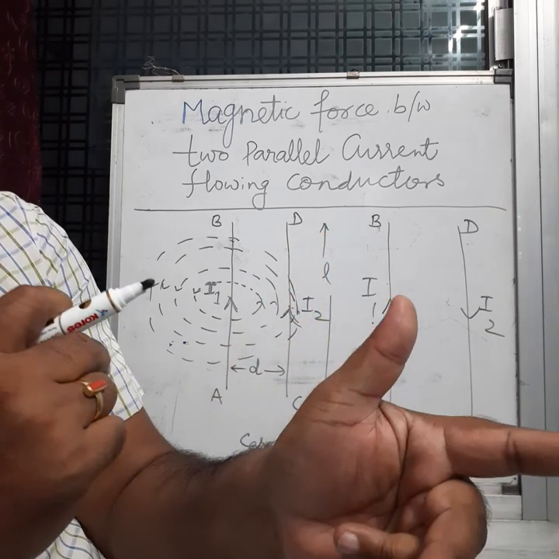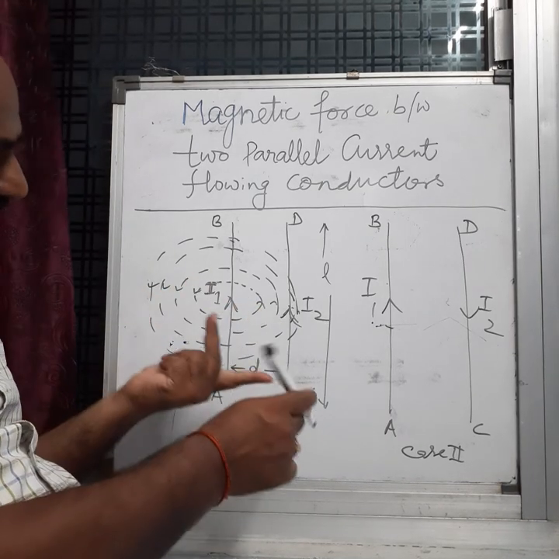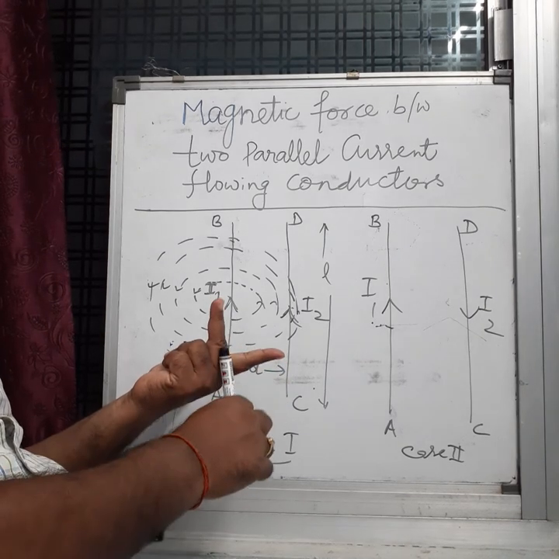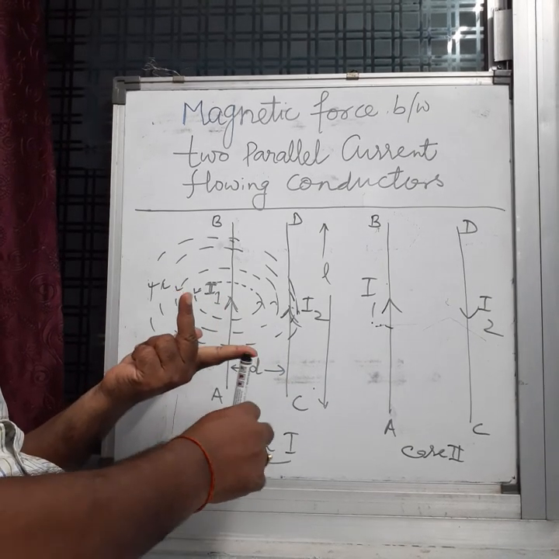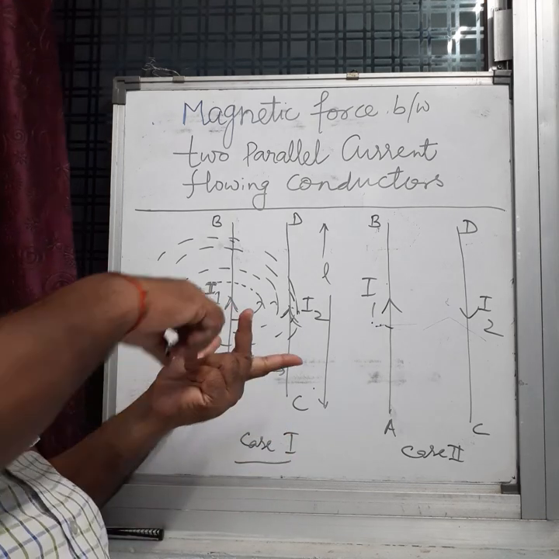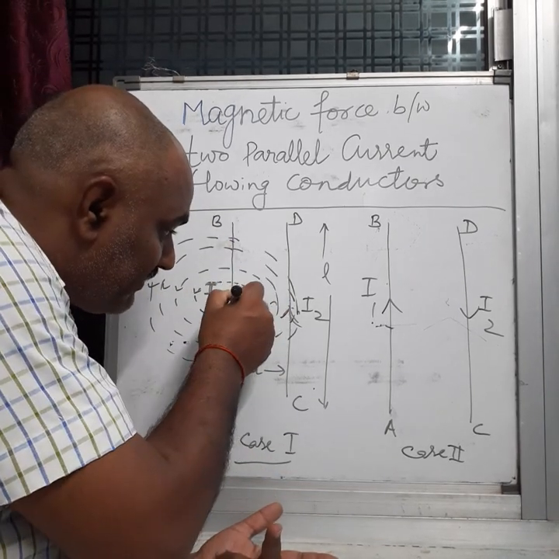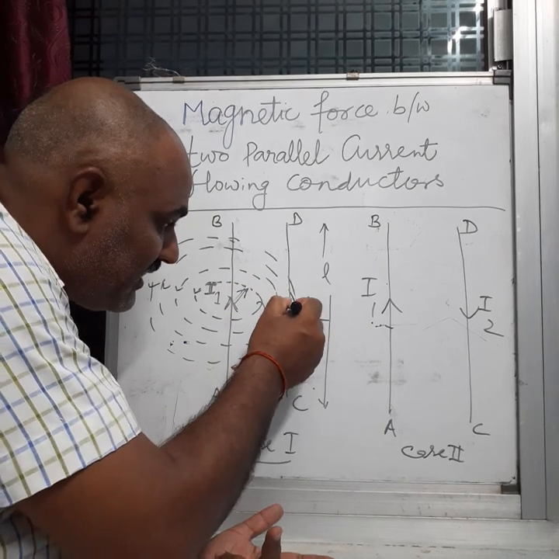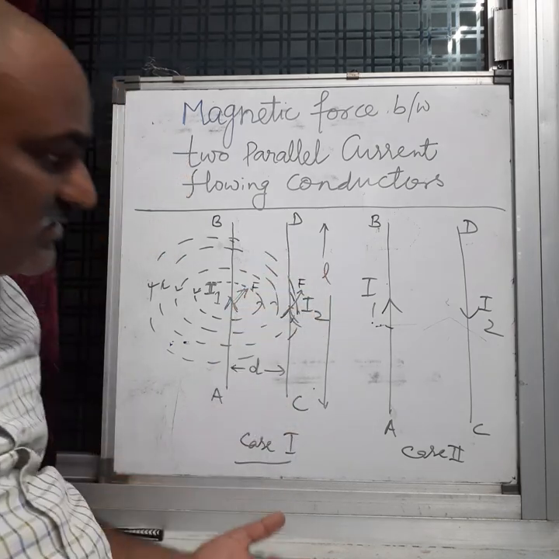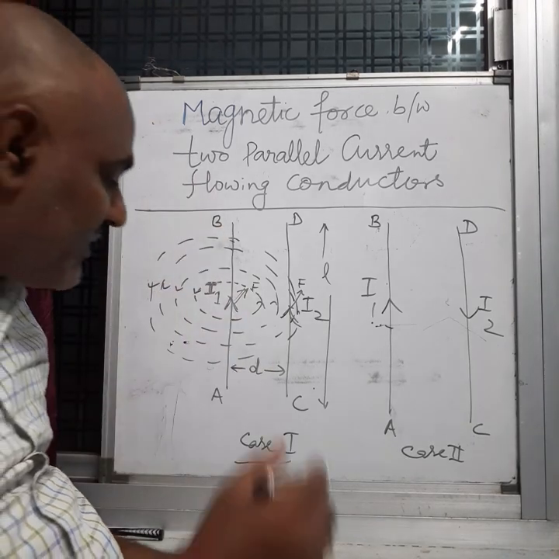So you set the direction of current, because the direction of current is given first. So the direction of current is this one. Direction of current along the middle finger, then the magnetic field along the forefinger, then the force will be along the thumb. Force acts along the thumb in this direction. Similarly here. So both forces are acting in the same direction. Forces acting in the same direction means they will attract each other.